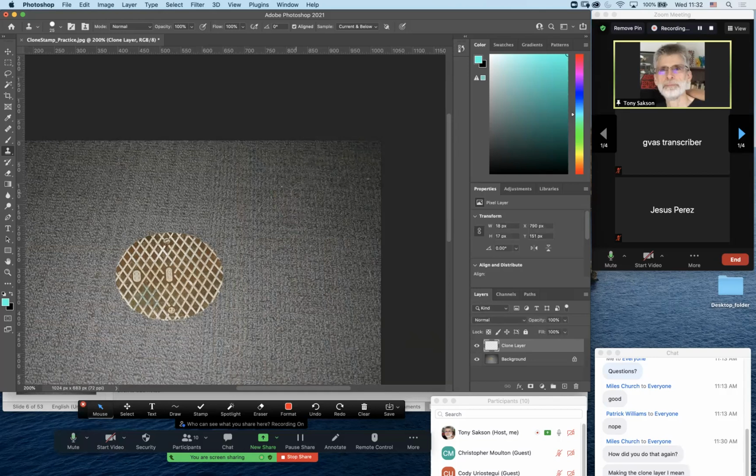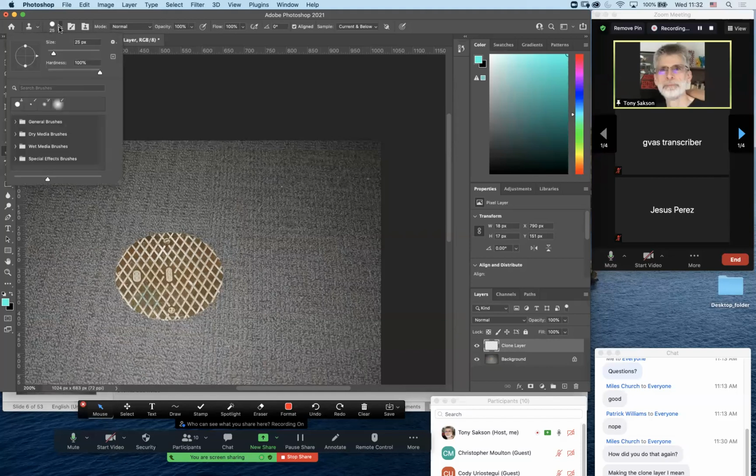So again, the workflow for the clone stamp: create a blank layer. Make sure you set your brushes up. You want to make sure your brush has hardness of 100%. You don't want fuzzy edges. The size you can change with the brackets. You want the mode to be normal, opacity and flow to be 100%. Change the sample so it's current and below, which means you can sample